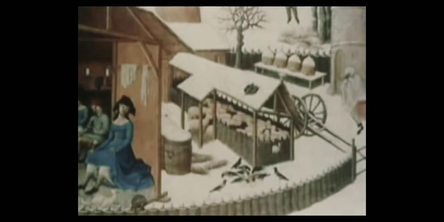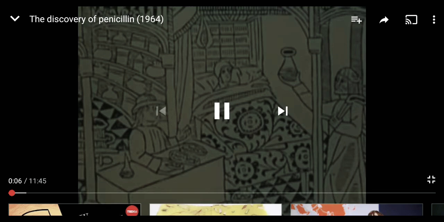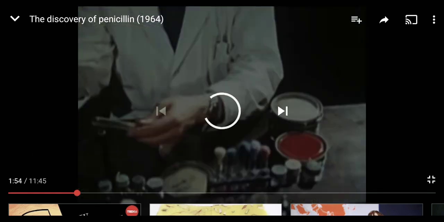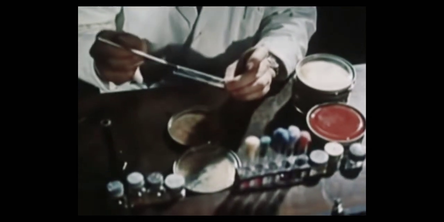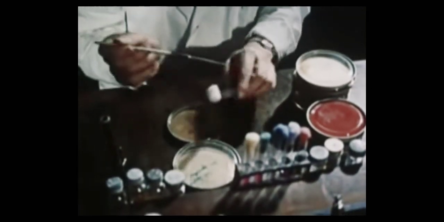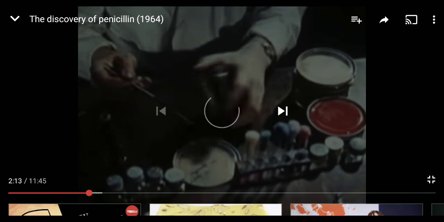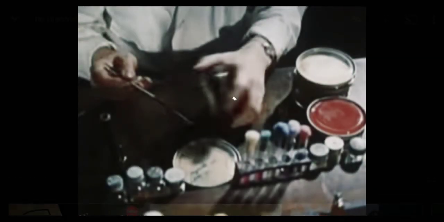Poverty, hunger, and disease. Discovery of penicillin. In this video the British scientists have shown the discovery of penicillin, which has revolutionized medicine to benefit millions.